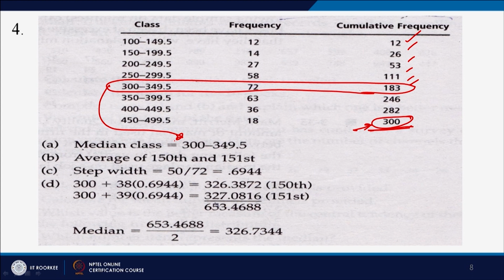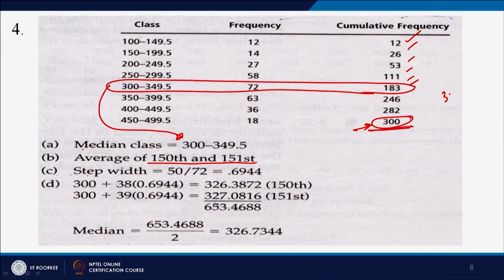Average of 150th and 151st. In fact, what you can do is, let us say if you have got an odd number of data points, or a data set having odd numbers, then take the middle one, right. For example, if there are 3 data points 3, 4 and 5. So, this would be the median, right, is not it. So, it is basically the formula is n plus 1 by 2, right. So, this 3 plus 1, 4 by 2. So, this second position would be the median.